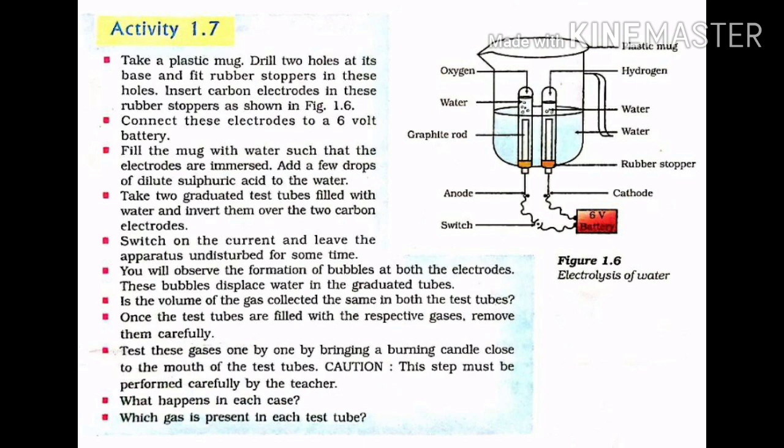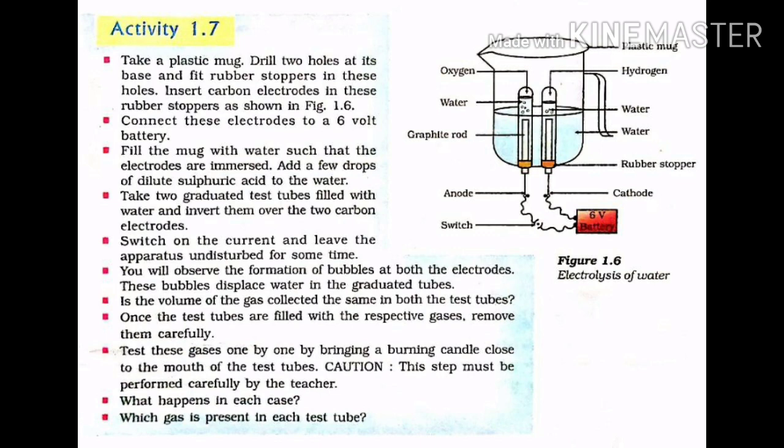Take 2 graduated test tubes filled with water and invert them over the 2 carbon electrodes. Now switch on the current and leave the apparatus undisturbed for some time and observe what happens. Note whether the volume of the gas collected is the same in both the test tubes. Then test the gases present in each test tube by using a burning candle and test which gas is present